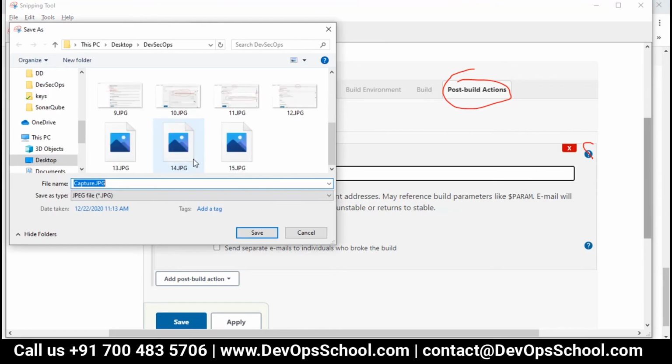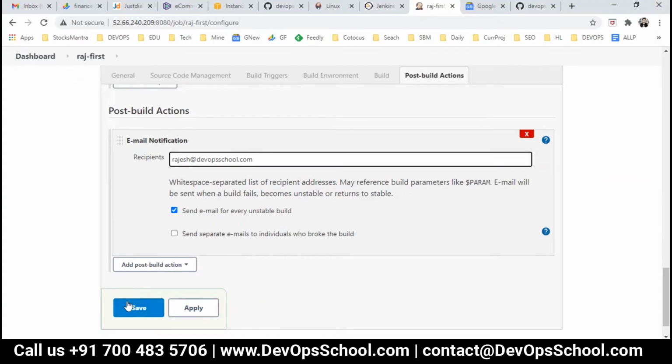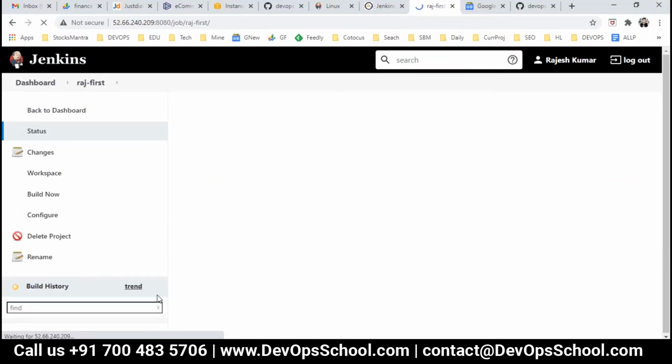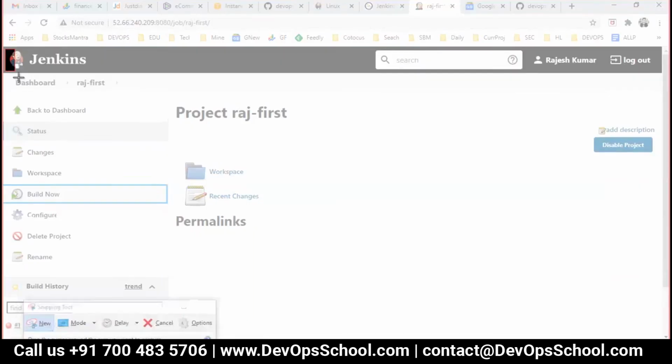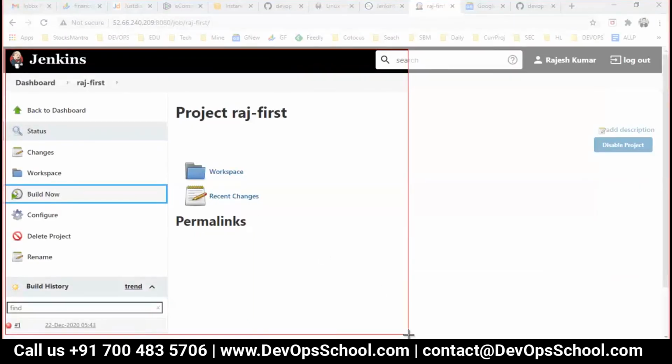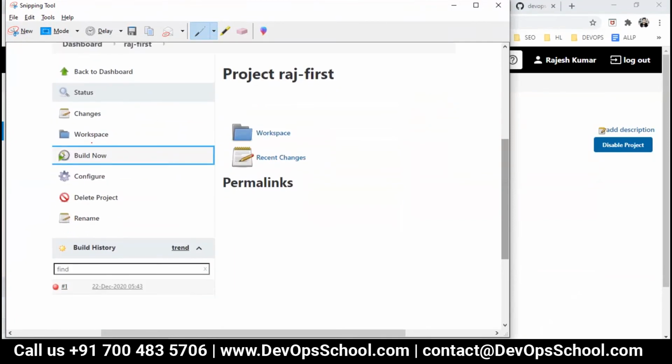And this is the last screen, 16. Okay, so guys, now save and build now. Save and build now. And here you do the build.